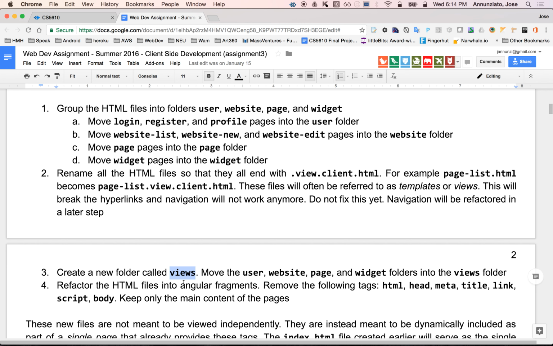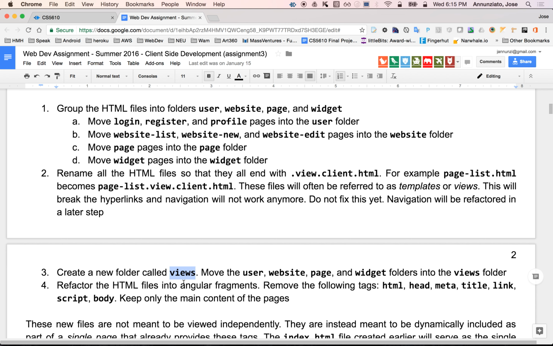Also, we're going to need artifacts that go and talk to the database, or talk to the server. They convert these streams of events and send them to a server through HTTP posts or puts or gets or deletes, in a particular URL encoded message, and the server is going to respond. Those are going to be artifacts that we're going to call services, talking to RESTful services and APIs in the back end. We're going to create those and put them all together under a directory called services. So up to this point, we have